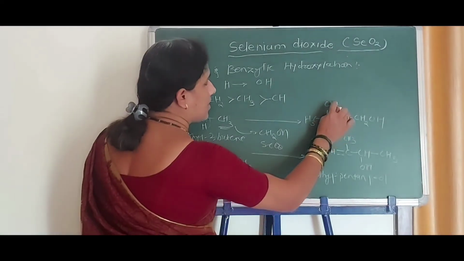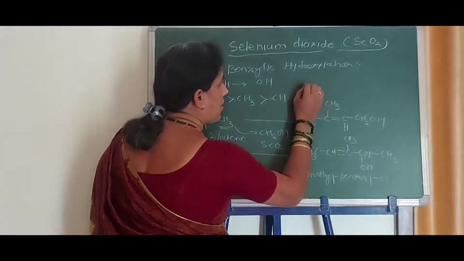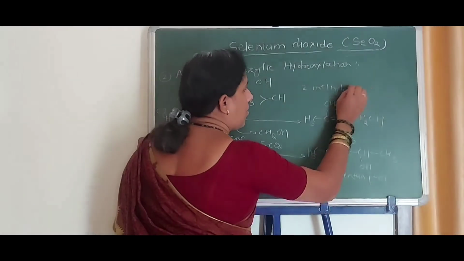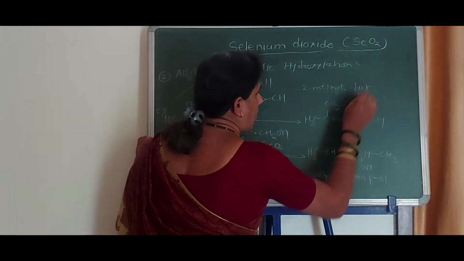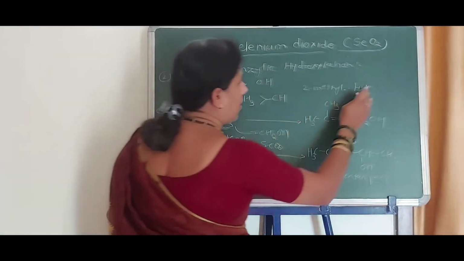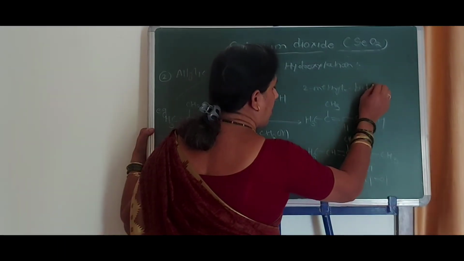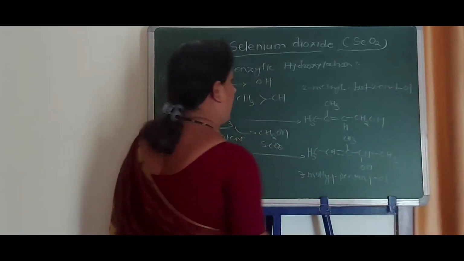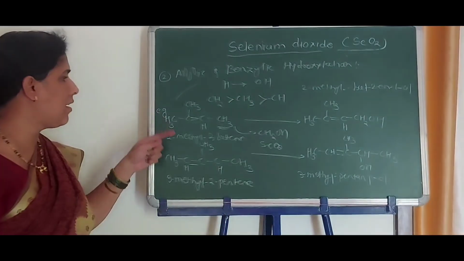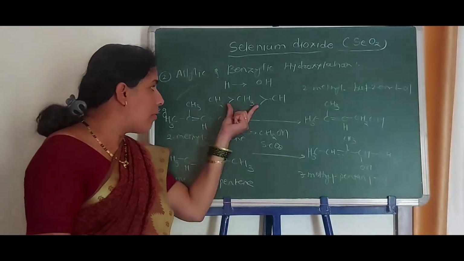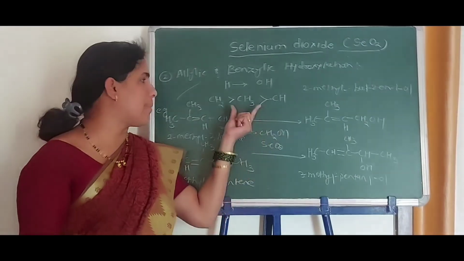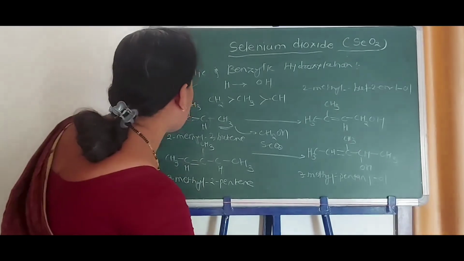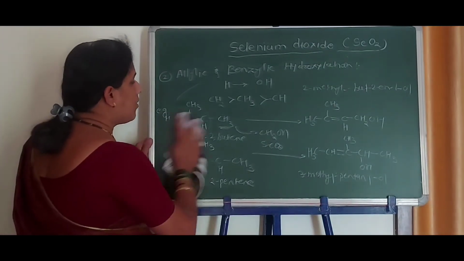Now on this side, what is the name of this compound? 2-methyl 2-en 1 ON. In this way we follow this order of priorities of oxidation with selenium dioxide. If the structure contains the